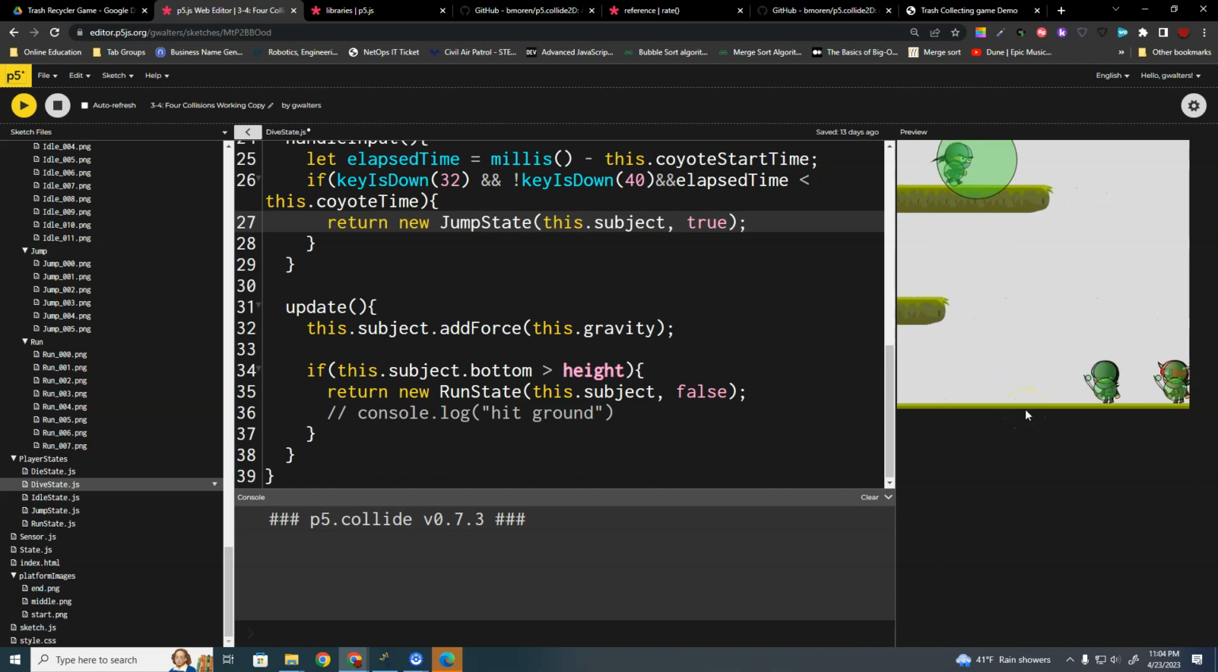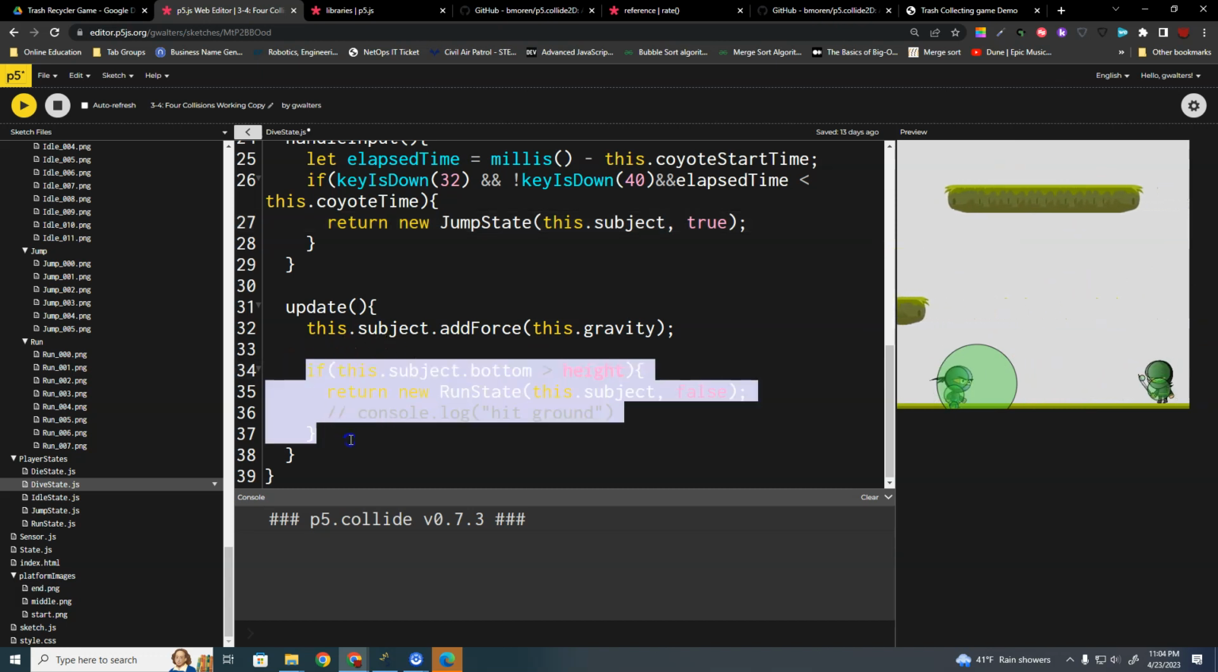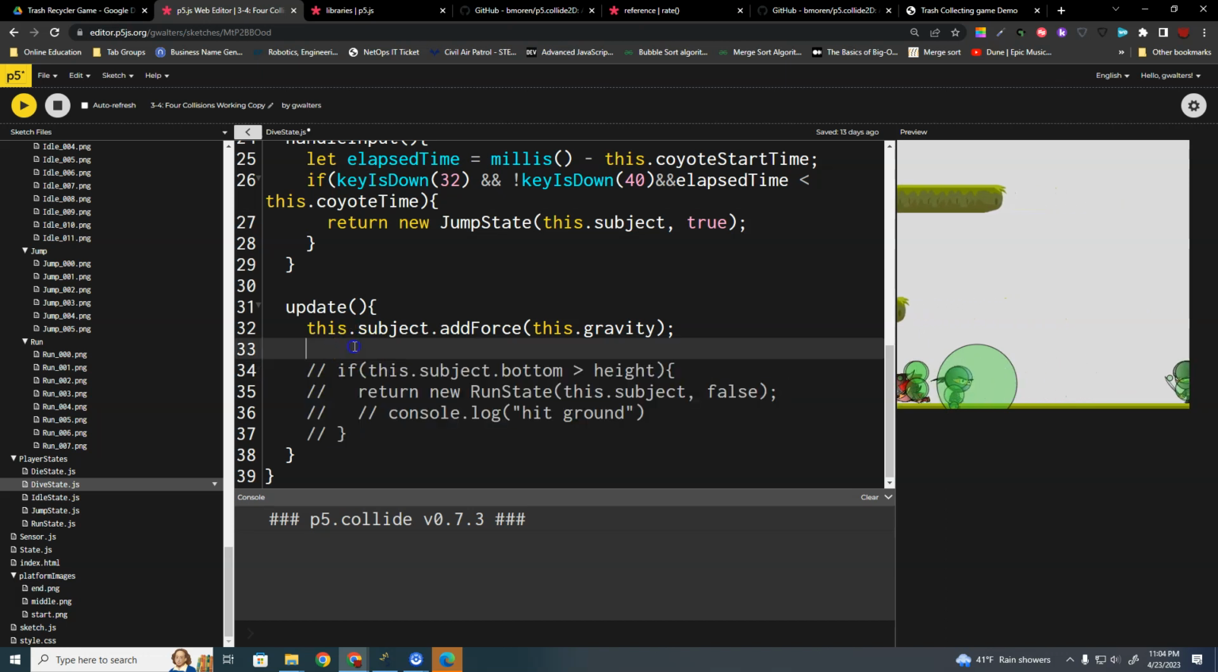When we're falling down in a dive state, we want to generate that we fell and we want to fall on another platform below it. So this needs to get changed right here. So I'm going to comment that out. We're going to do kind of the same thing. So